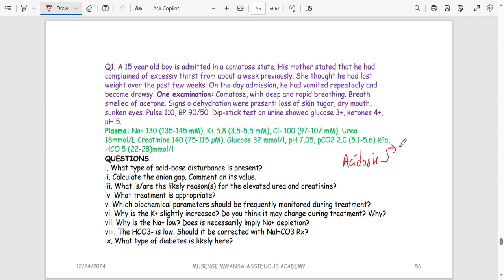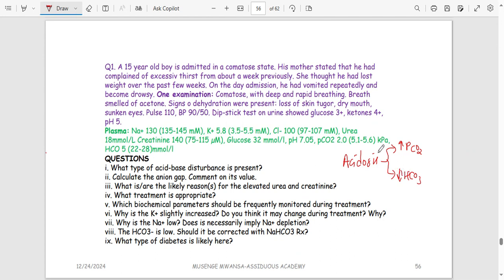When we say high acid, we can look at the respiratory system and the metabolic part, which is the kidney. If we have got high partial pressure of carbon dioxide, this is going to be respiratory acidosis. But if we have got low bicarbonate,